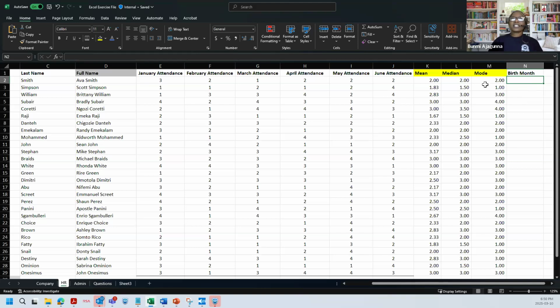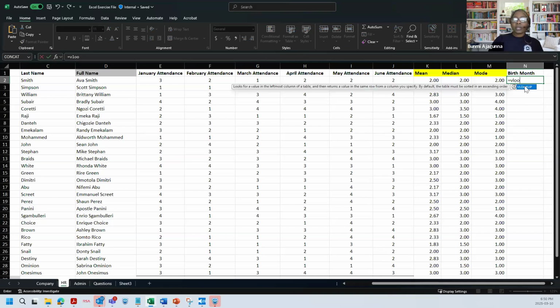All right. Next, we'll go into the birth month and we then do the VLOOKUP. So you type equals VLOOKUP, just type in V-lookup, and then you open the brackets. What you first do with the VLOOKUP, just like it's giving you that description right here, you see it? It's telling you what you should do here.